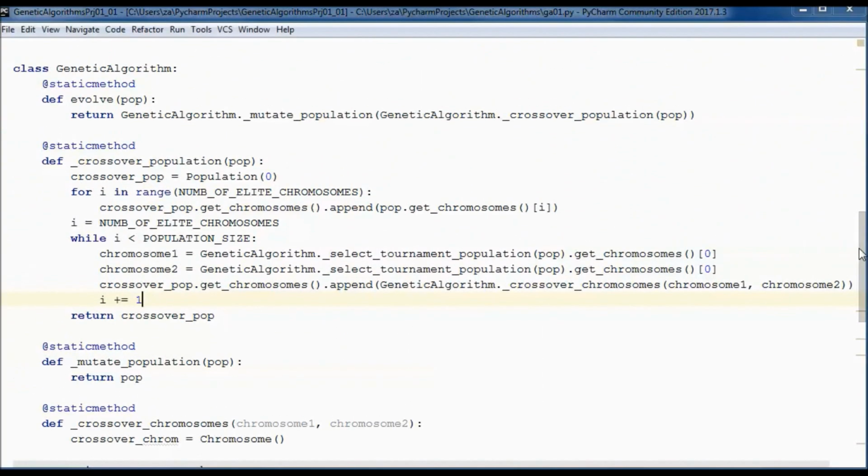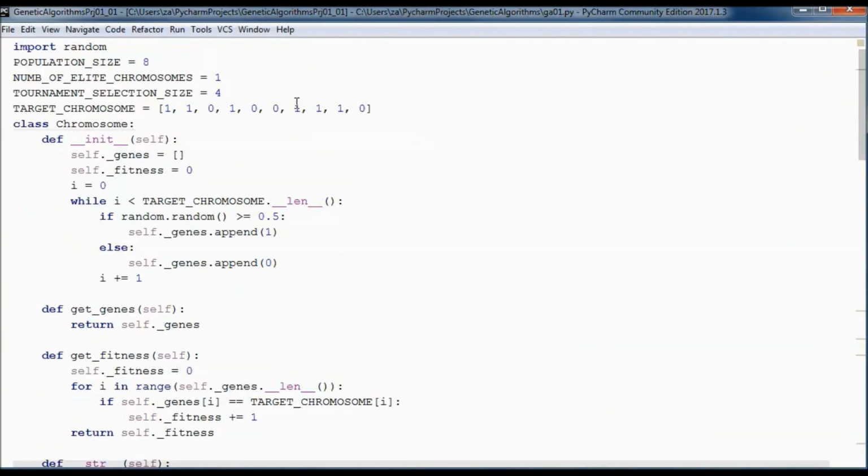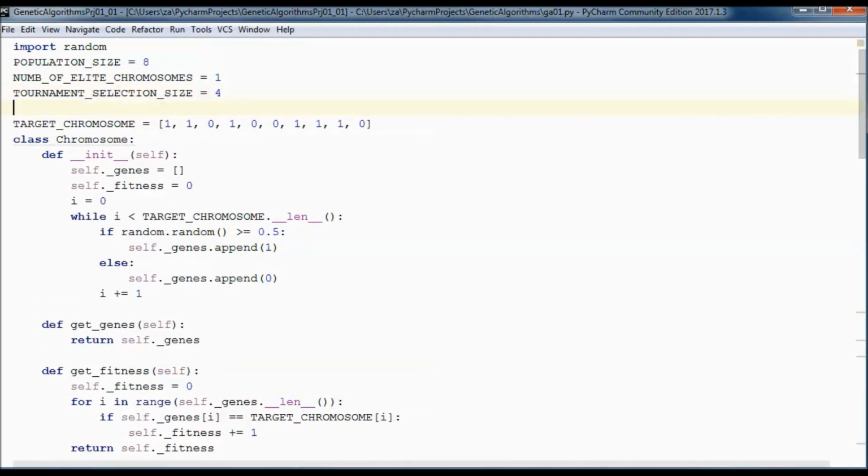Next, let's go up here and define the mutation rate. And this is the probability that a chromosome gene will do random mutation, and the range is between 0 and 1, and it is usually small. So it should be smaller than this, but for the purpose of this tutorial, I used this number.